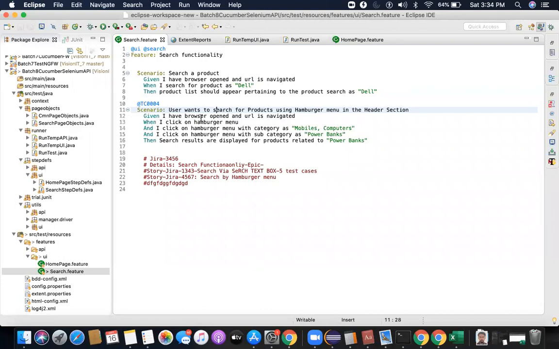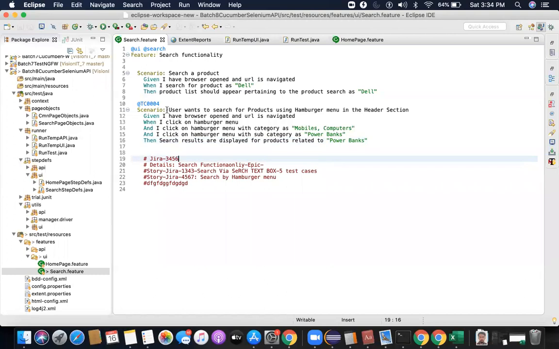Then, given I have browser open and URL is navigated, this I already reused because we already had a step definition for this. When I click on hamburger menu with category as this, and when I click on hamburger menu with subcategory as this, then search results are displayed. Now, this is not the only way of writing a test case. You can choose to write your own descriptions.